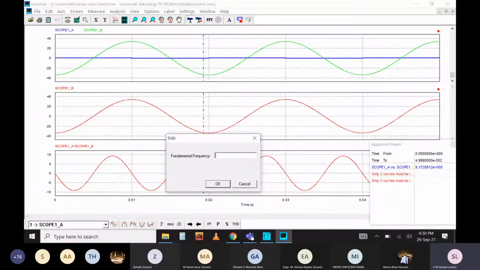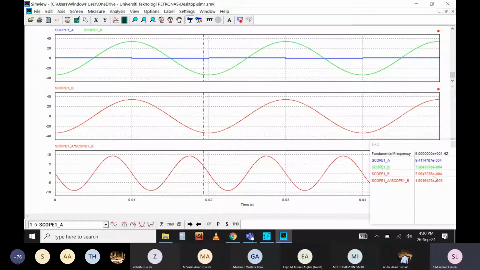So you need to put the fundamental frequency as 50 Hz, as we are using 50 Hz, and we can check the total harmonic distortion. It has already calculated the total harmonic distortion for channel A, channel B, and this power as well. So this is the total harmonic distortion.